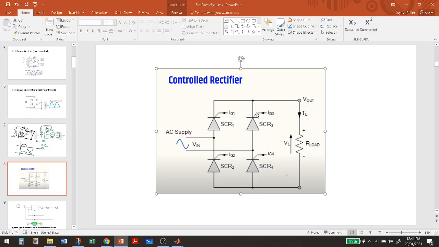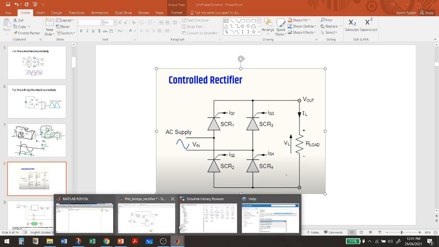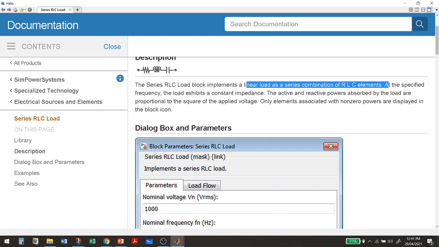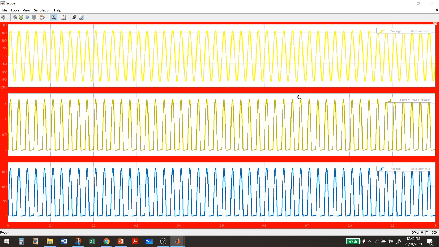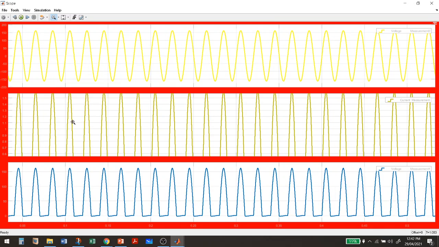Again, in this particular waveform you can see that there is no firing angle properly. I will run it here. So your firing angle, see, it is at 0. Here you can see that there is the concept of firing angle. Here the firing angle starts at 0.